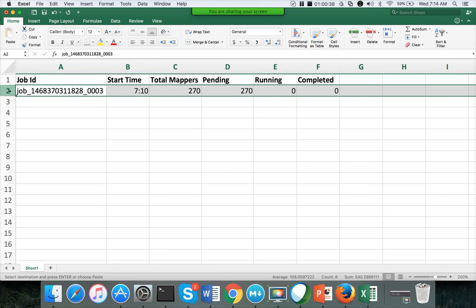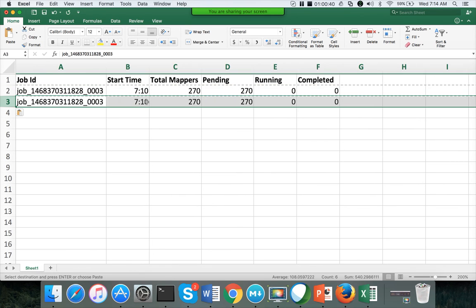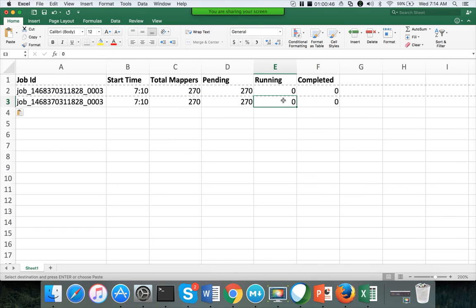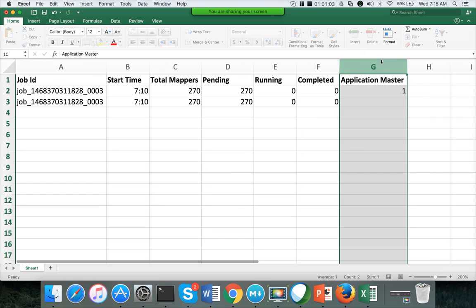Okay, but once the job starts processing the data, this will change. So let's say around 7:10 itself, the status started changing. Until it reaches the available capacity, at this time it's a plain slate. Okay, as it is a plain slate, application master is 1.